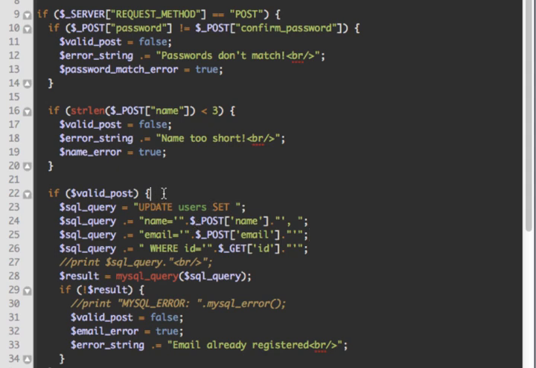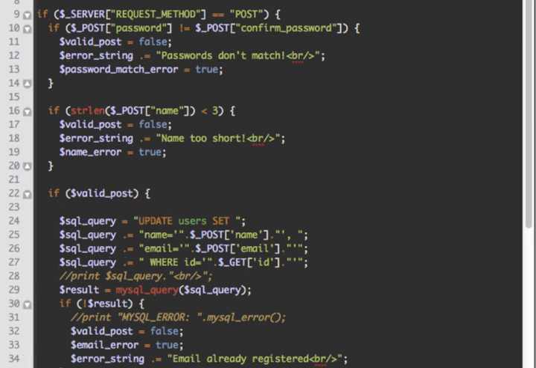But now what we need to do is check to see if we need to update the password or not. So how we can check that is to see if there's a length on the password, and the best way to do that is create a variable called password. Now we're already going to check to make sure they're the same right here. So this is one of our validations. Now if they're both blank, that works, but if they're not both blank, then we'll get an invalid post, and we won't even come down here. So if we're down here, we know the password and the password confirmation match. So we'll just save away the password right here,